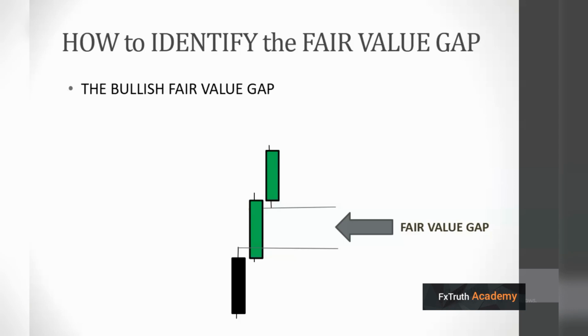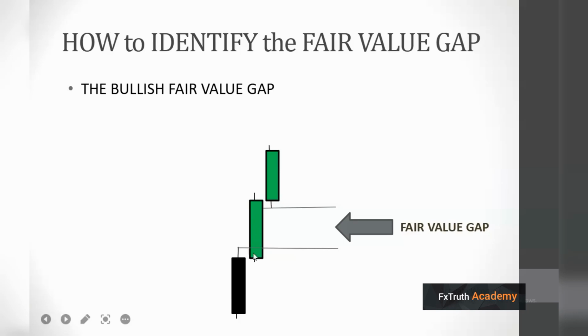And mind you, the colors of the candles are not respected. It could be three bull candles, three green candles straight up. But the idea behind the fair value gap is that you want to see three candles form, and once the last candle forms, in this case for the bullish fair value gap, you don't want to see this low get back to this high. And once this doesn't happen, the midpoint here,